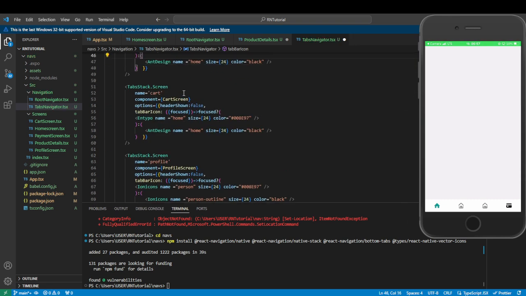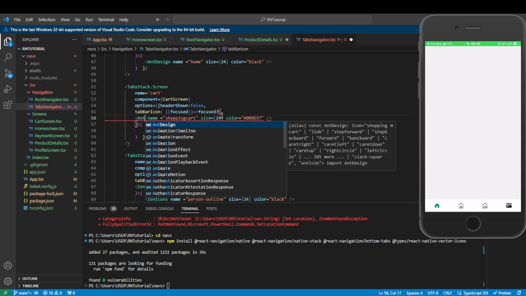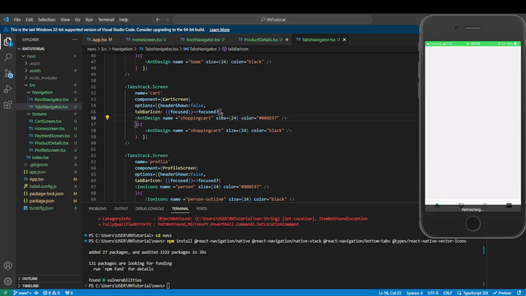And then for our card screen, we're going to use AntDesign. I think it's AntDesign. We have shopping cart inside AntDesign. Shopping cart. Yes, correct. Then we have shopping cart as well. Shopping cart, AntDesign. Good. So if we save them now, we are supposed to have